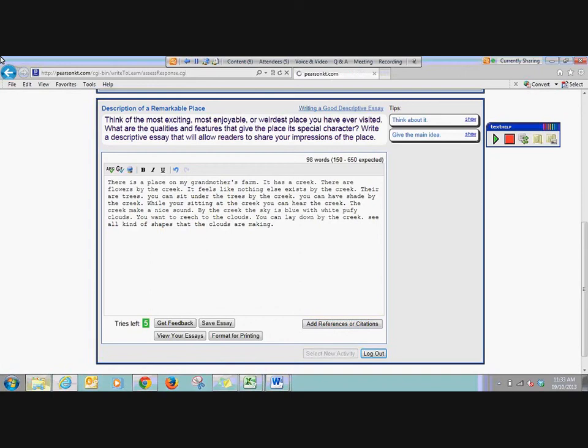Okay, so if there are no other questions, Matt, we can go back to the select a new activity and show them a little bit about the new vocabulary exercises that are available with